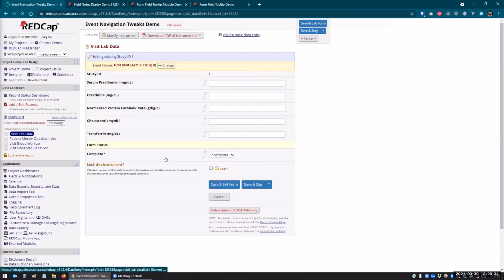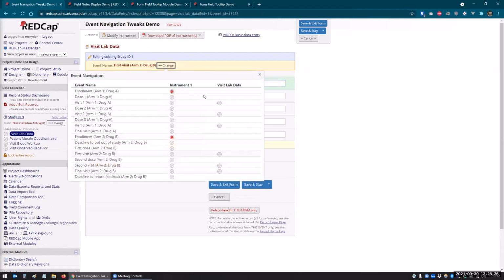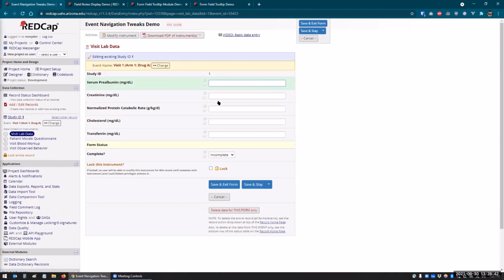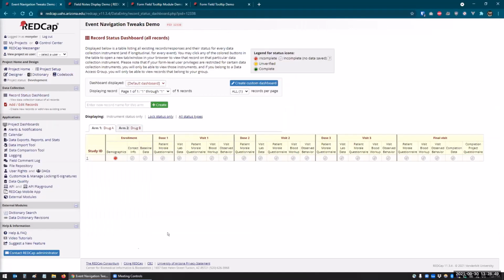Let me find one that's a little different. You see here that this is visit lab data, and if I need to enter that, I can select it from here. So it's a way to navigate instead of having to go from the dashboard and look for, okay, I need visit lab data for visit 3 or visit blood workup. It just takes that and creates a little table for you to see. The next thing is